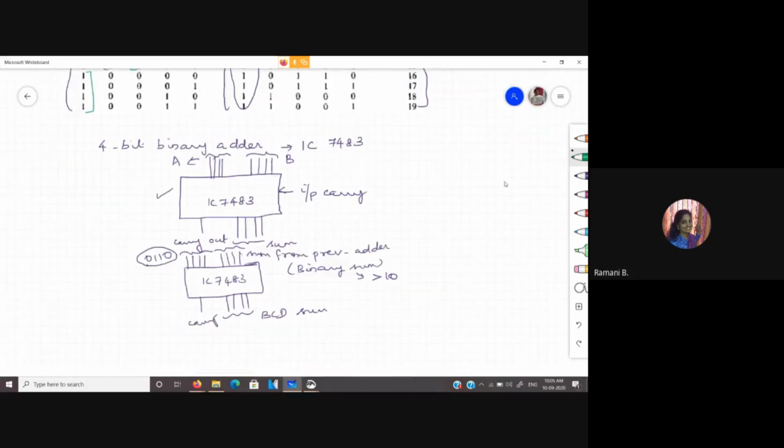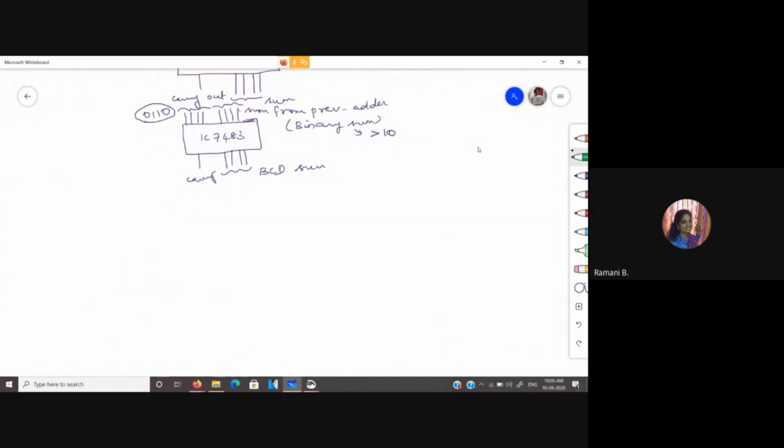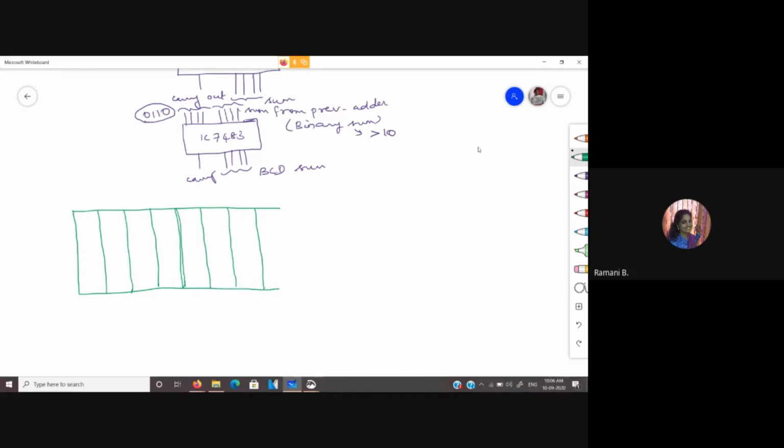This can also be given in the form of a K-map. So we take a 5-variable K-map. We have to find the expression for the C in BCD sum. The BCD sum C value had 1 for the binary equivalent 10 to 19.